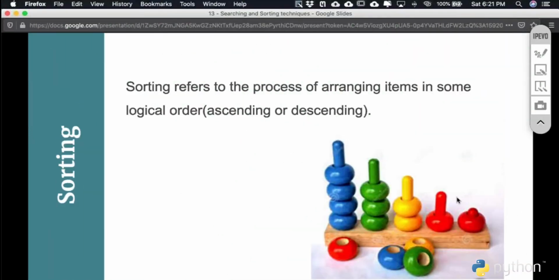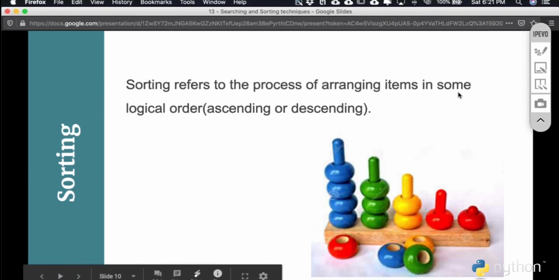Now let's talk about sorting, since we know that sorting makes searching efficient. So what is sorting? Sorting is nothing but a process of arranging items in some way, and this way can be ascending order or descending order. In this particular diagram, you can see these items are arranged in descending order. First we have 4, then 3, then 2, then 1, then another 1. So these items have some kind of logical arrangement, and here they are arranged in descending order.